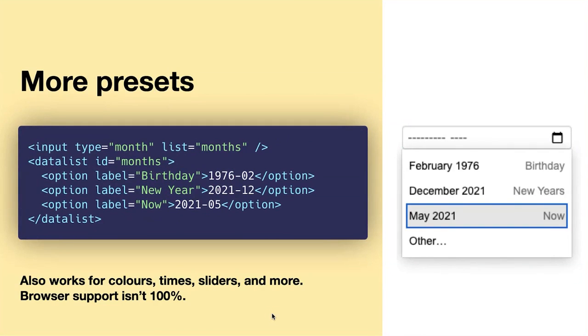And you can do that with crazy stuff. You can go into things like, this is a month picker. So you may not know there's a month component in HTML, and you can label your dates and give them presets like their birthday and all sorts. There's crazy things you can do here. And these work with colors and times and sliders and so on. But again, browser support isn't quite 100%. So you can use these as an enhancement, but you're going to get like 97%, 98% coverage on most of these things, but it's not quite enough that you could rely on it for every single user.